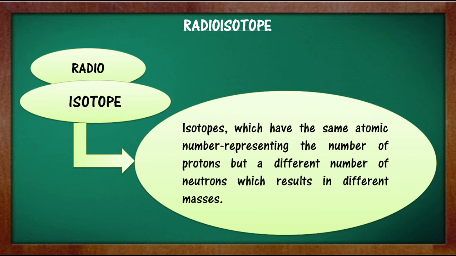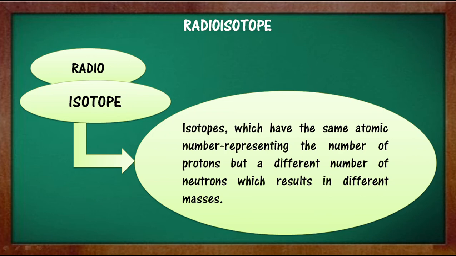As I said, there is an excess amount of neutrons present in the nucleus, so there will be a difference between mass number and atomic number. If I want to explain with an example, let's take H1. There are many forms of hydrogen, right? 1H1, then there is also 2H, and then there is 3H. In all of those, the atomic number is the same, but the mass number will differ. So that's a simple example of radioisotopes.